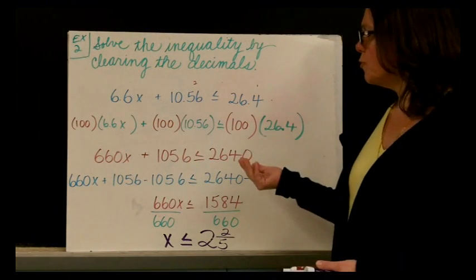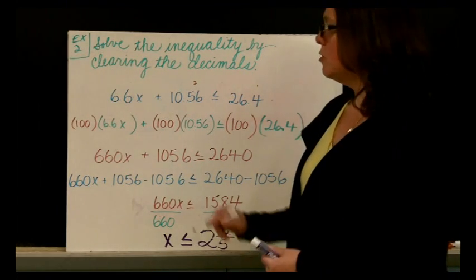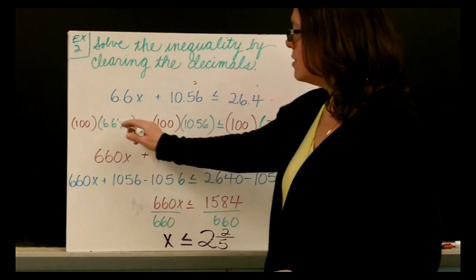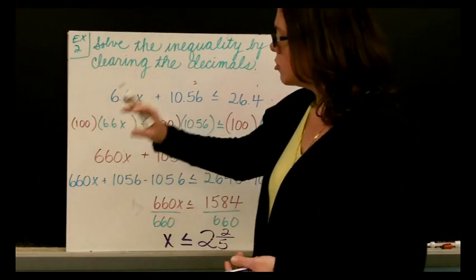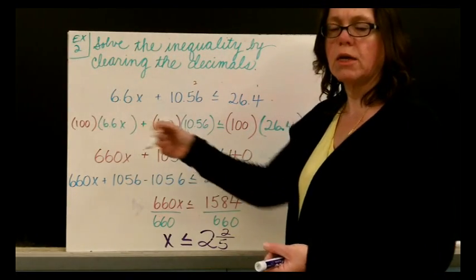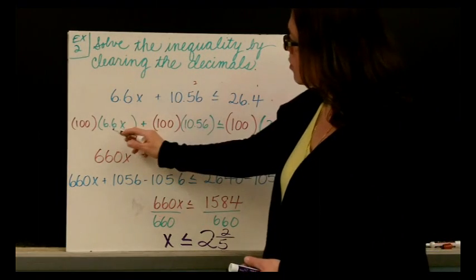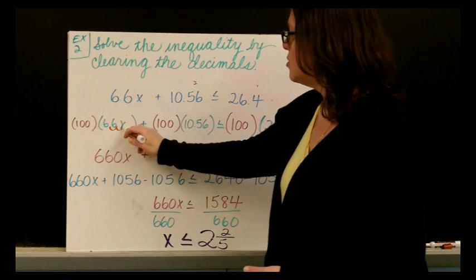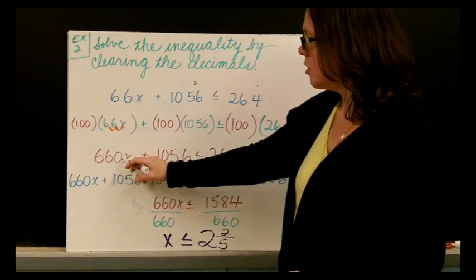Now, if you remember the rule for multiplying decimals by powers of 10, what you would do is count the number of zeros, 1, 2, and then you would take the decimal point and move it 2 places to the right. So, just to reiterate, for however many zeros you have in your power of 10, that's the number of decimal places you move the decimal to the right. And when we move this decimal place two places, 1, 2, we fill in the empty space with a 0, and we have